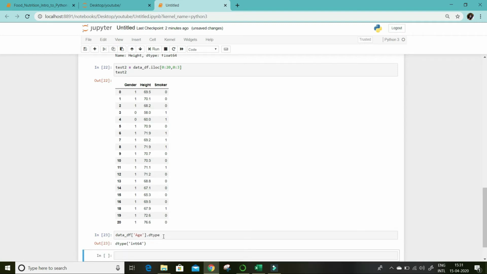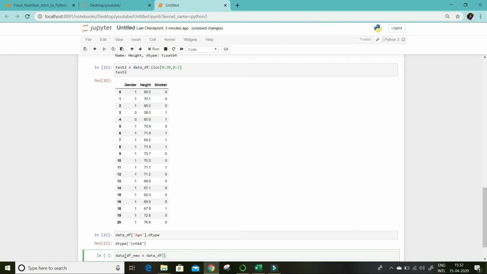Okay. Now what's next? What I want to see is how to make a new data set based on a condition. What is that new data frame? Suppose I am taking the height column, and only where height is greater than 70, I want only those values in my new data frame. So how to do that? data_df_new. These are just the names, you can give any names. I'm just giving these names for simplicity.